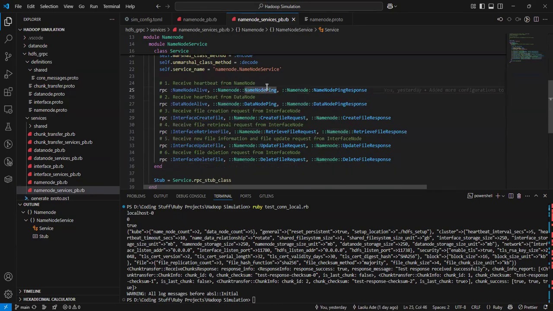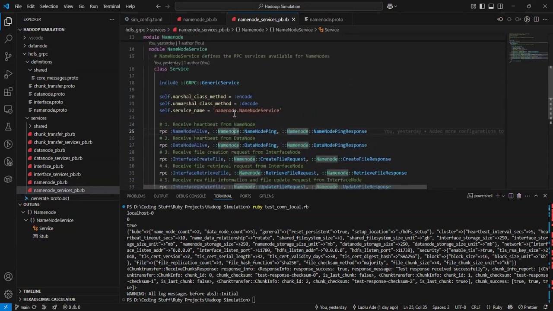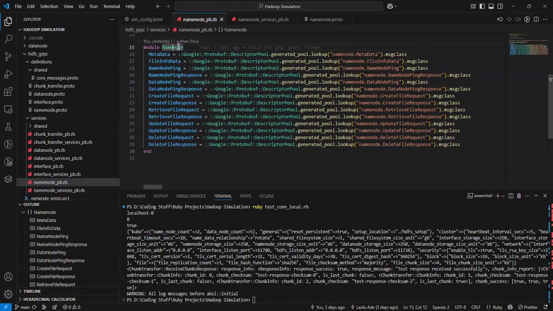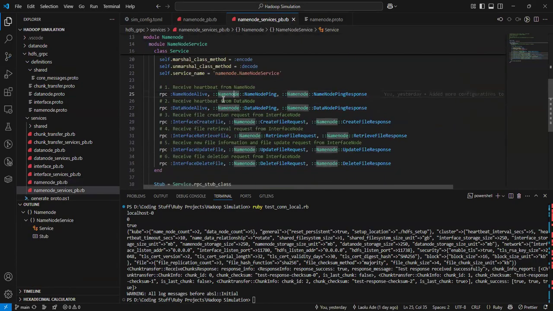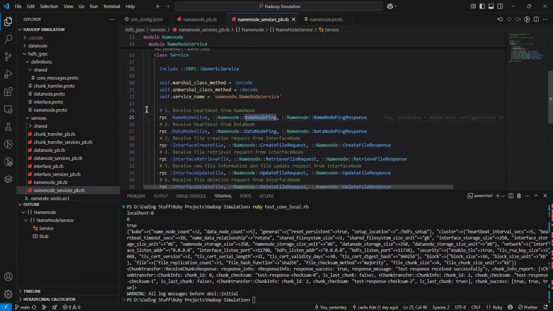You're going to notice that you have the different messages from earlier, but now they're inside the name node module. And that's because when you go back here, you see that when you see the module, everything is defined at the module, at the package level. So you're going to have everything come from here. Now, if you have the case where you don't include a package there,